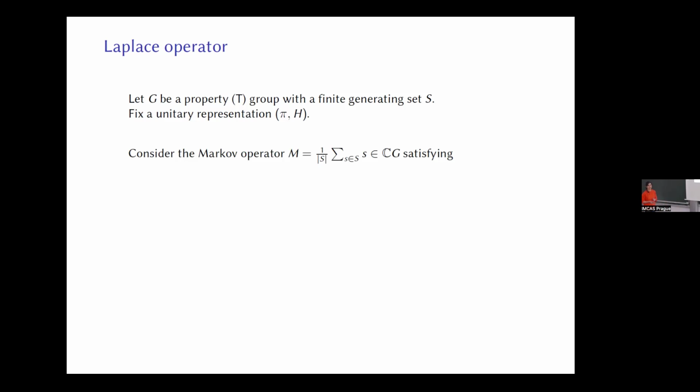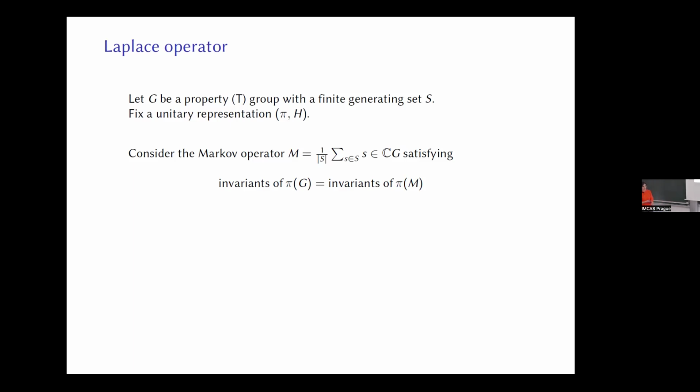Now we look at the Markov operator. So what is the Markov operator? It's the one that averages over the generating set. Now, this operator has a very interesting property, namely its invariants are exactly the invariants under the action. So one side is pretty easy to see: if this Markov operator fixes an element, then obviously